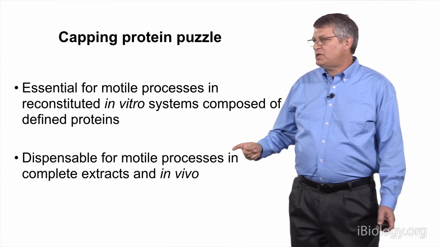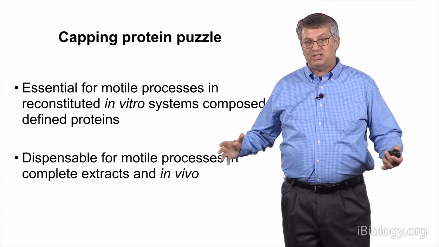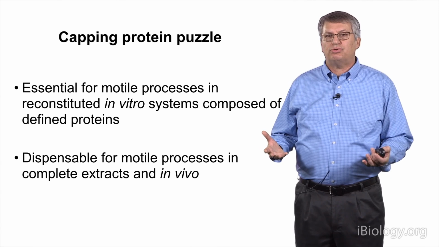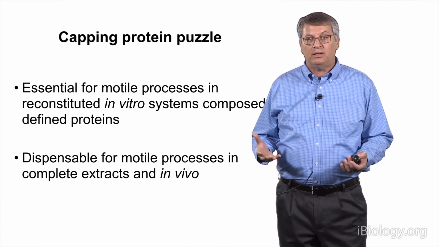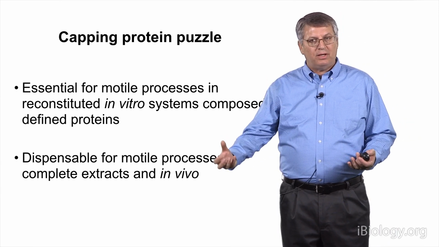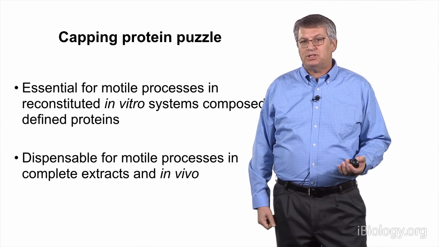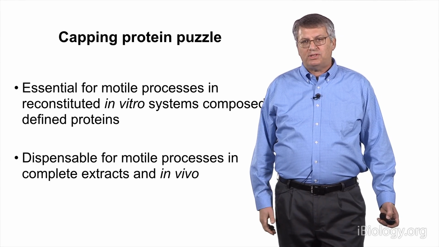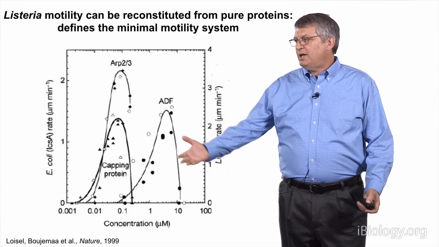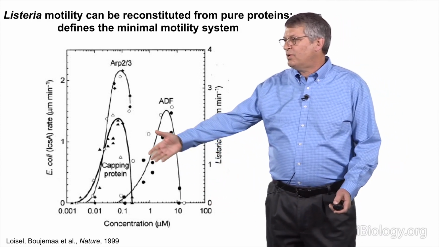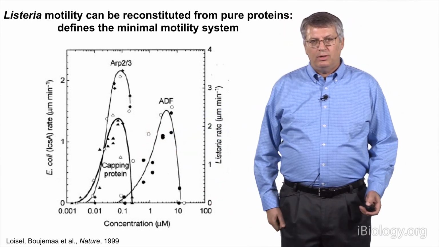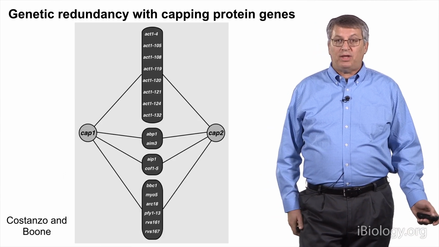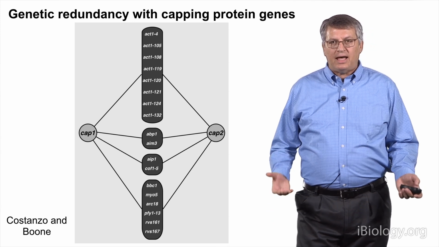when motile processes were looked at in the full complexity of a cell or in extracts, there were often very subtle effects. And this is true in yeast cells. When we knock out capping protein, surprisingly, actin assembly occurs very robustly, and endocytosis still occurs, this very much actin-dependent process. So what was going on? And again, here, this shows the results from the Carlier lab, where capping protein was one of the essential proteins in their reconstituted system. And so we came up with a hypothesis, and we hypothesized that in the full complexity